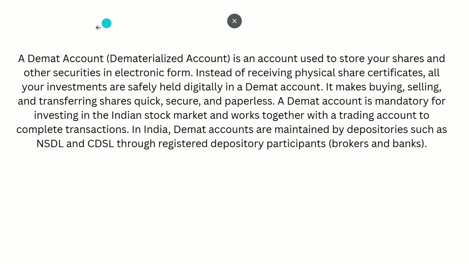Whenever you open it, you can search on YouTube that you want to open a Demat account in, let's say, Zerodha, then ask for the tutorial, and you will find everything. You will find the Jugaad also. Right, so let's take a quick overview.